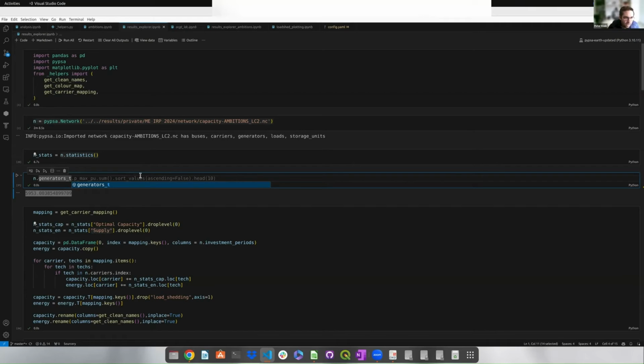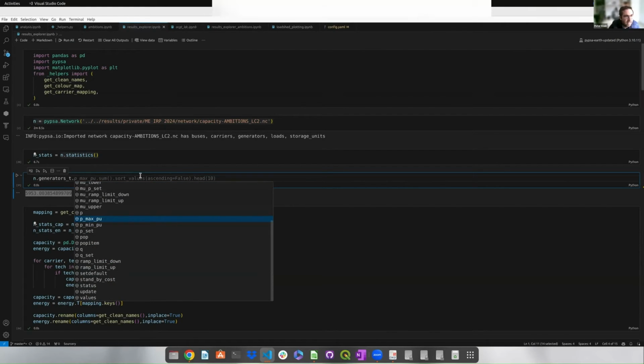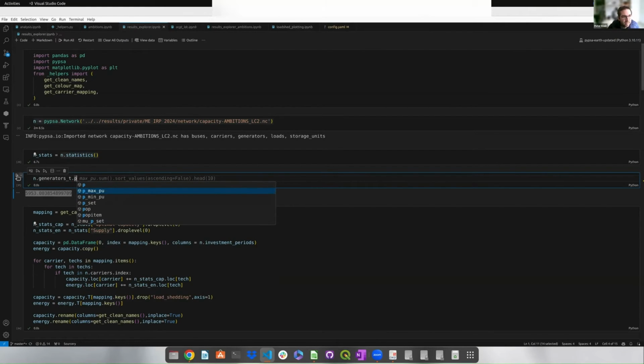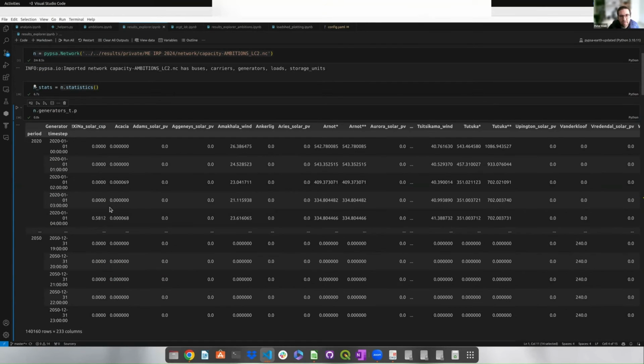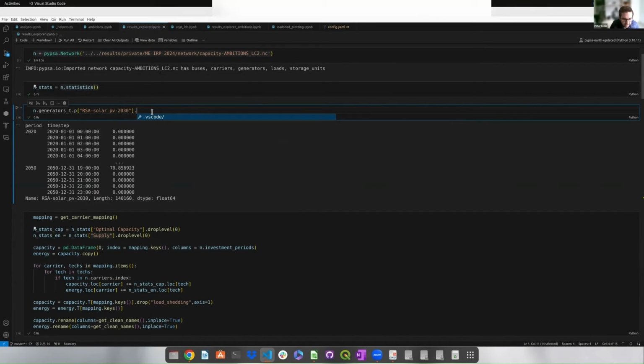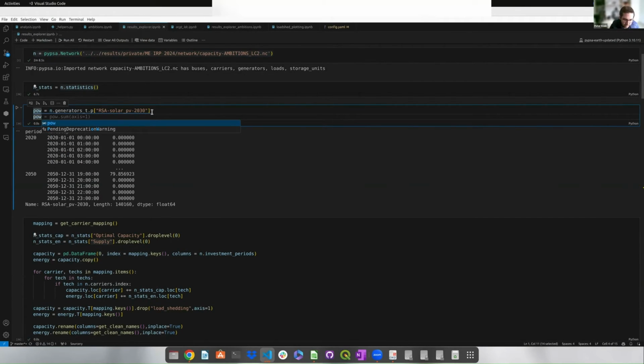So that's for now hourly profiles. And P is going to be the actual dispatch profile that you'd want for that specific generator. So if we wanted to go back to our solar generator for 2030, you could then pull that out. If you wanted to then manipulate that, you can use any of the pandas functionalities. So if you want to know what the hourly profile is, for example,